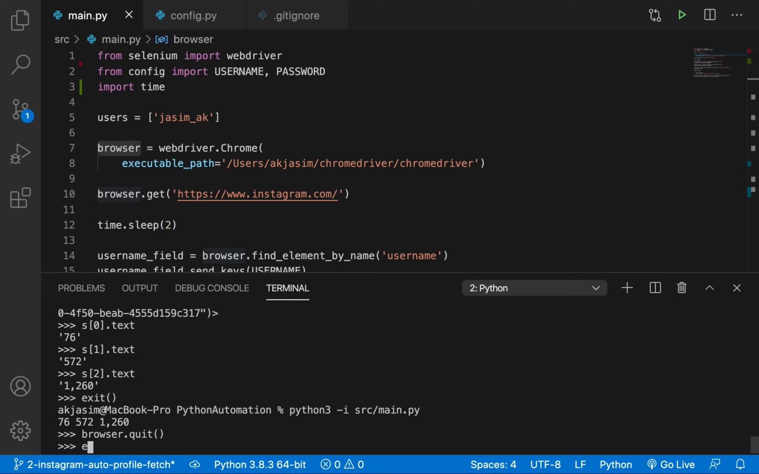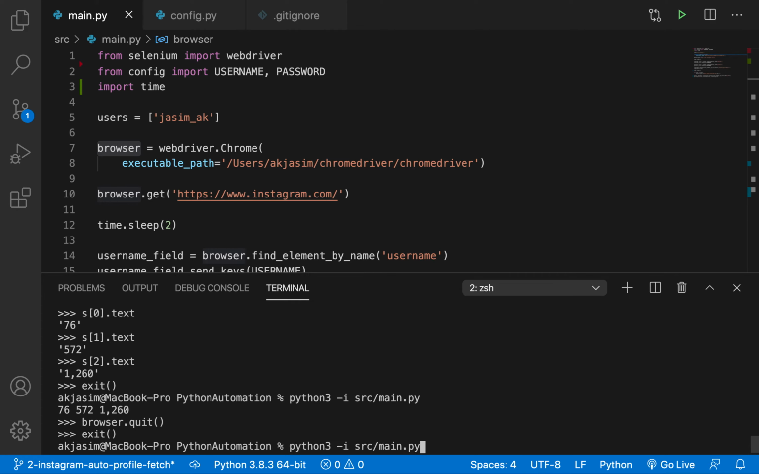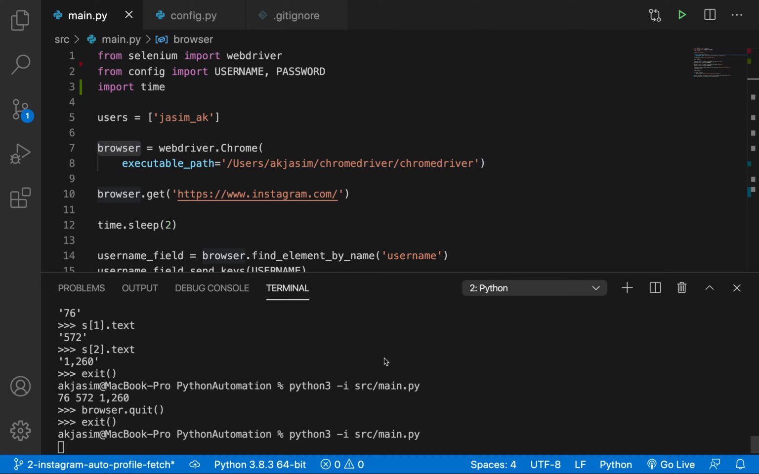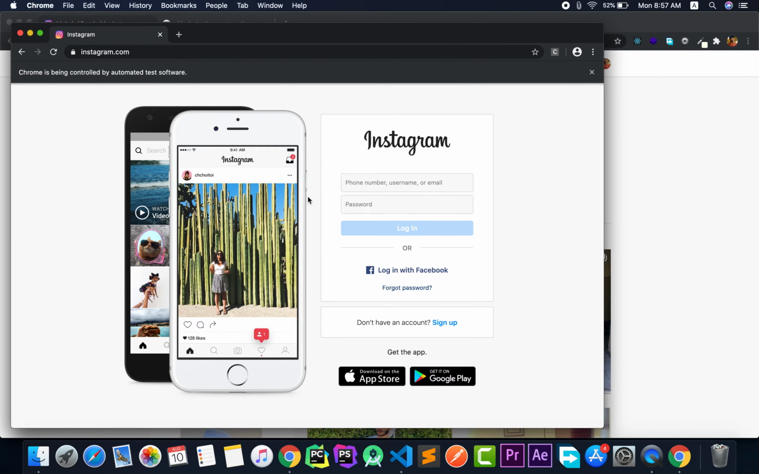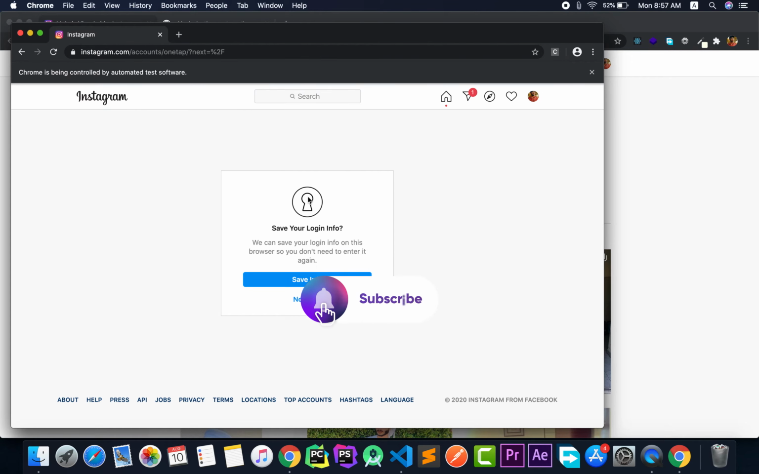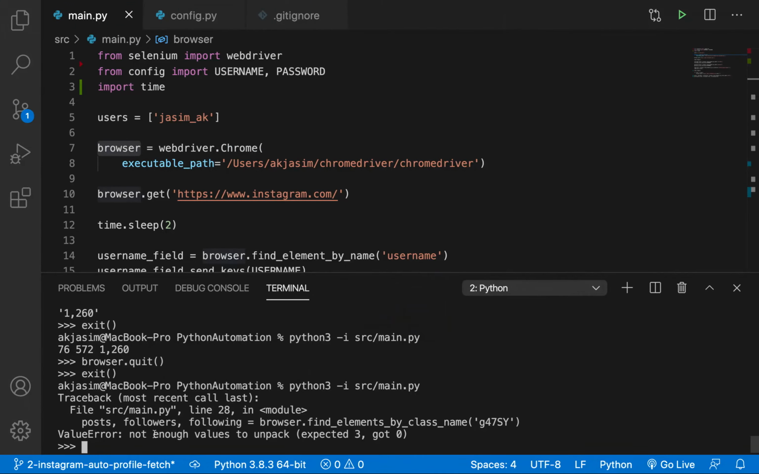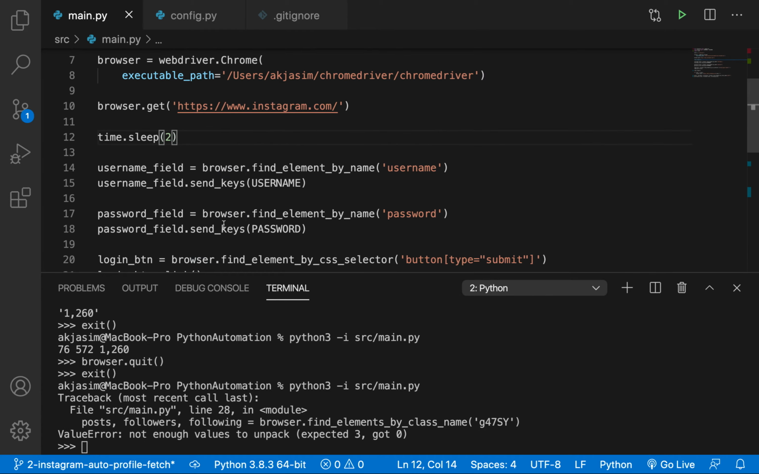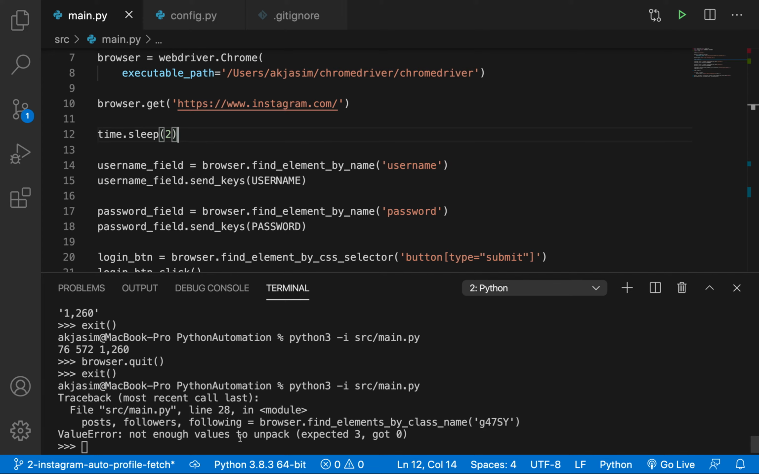It's just that variable there. Now I'll exit out of the console here, and I'll just run the script again, and it'll go to Instagram, wait for 2 seconds, username, password, again wait for 2 seconds, and now I believe there is some slight error: not enough values to unpack. Now that's because again this 2 seconds is not enough, because